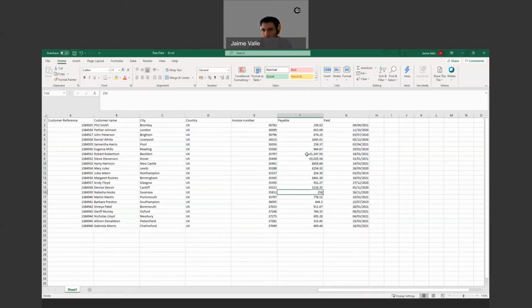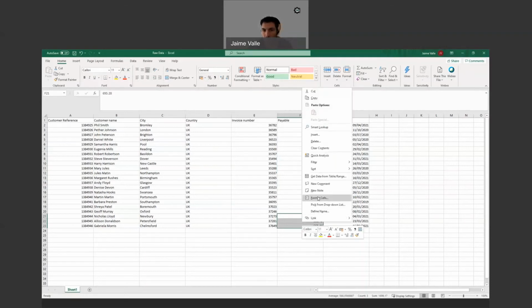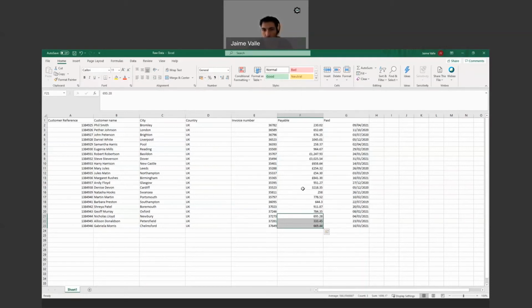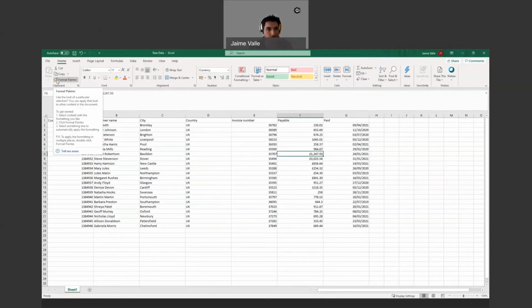Now, this only affected the ones I selected. Maybe I forgot, and I wanted these three as well. I can go to the button with the notes and coins again, or right click, Format Cells and do the same again. Or something very cool: if I select one of the cells that already has the format I want, I can find this button here, like a painting brush, called Format Painter.